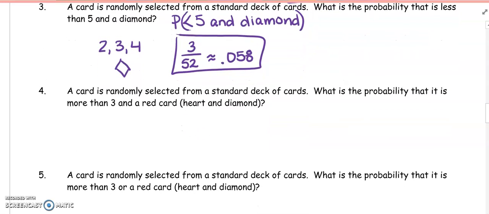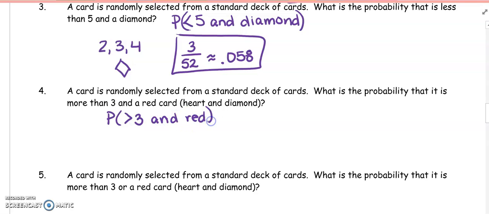All right, look at number 4. Number 4 says a card is randomly selected from a standard deck. What is the probability that it is more than 3? So we want greater than 3. Let's go the other way, greater than 3. And we want it